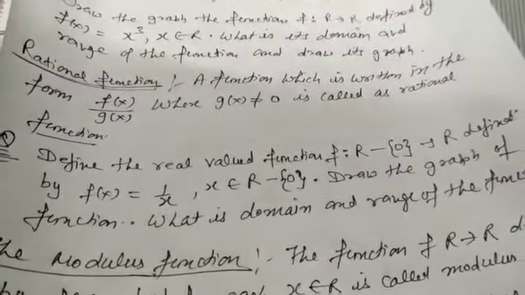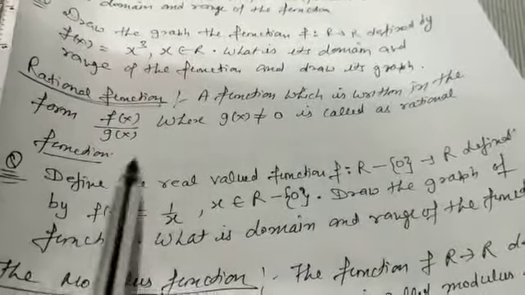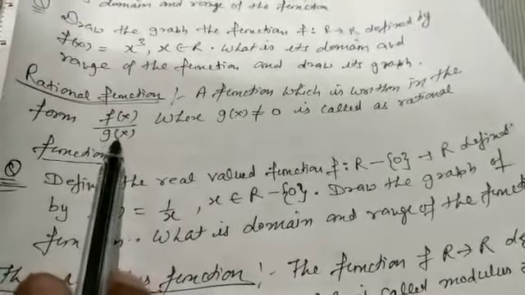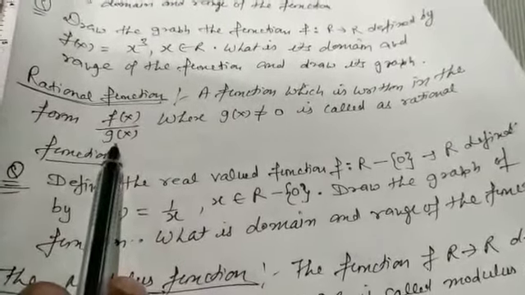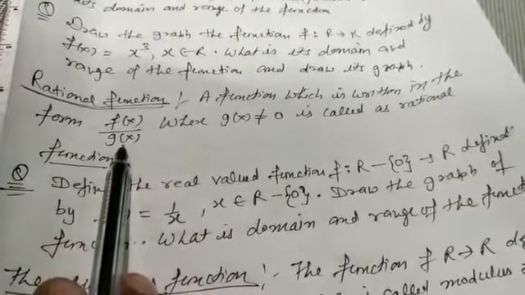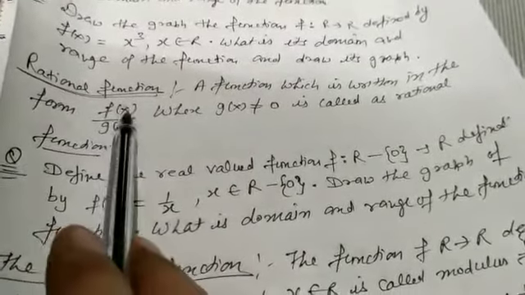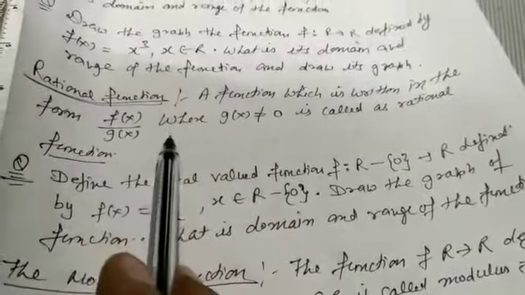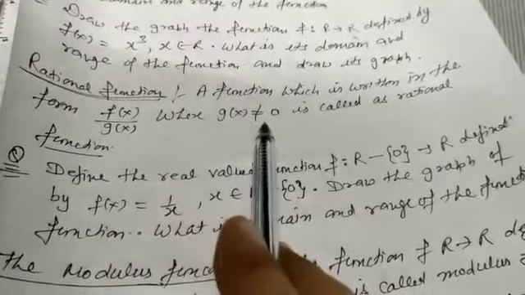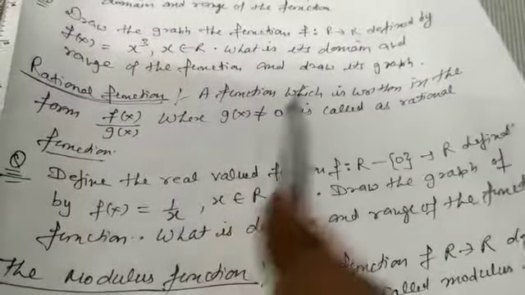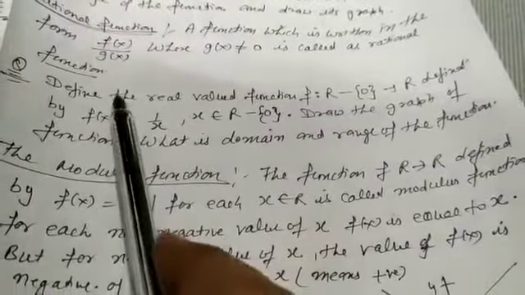In the case of a rational function, you have to remember that the value of g(x) can never be equal to 0, because if g(x) becomes equal to 0, then definitely the function changes to infinity, and then it is not a rational function. So in the case of a rational function, the statement is always in the form of numerator and denominator, and you have to simplify it, and remember this g(x) should not be equal to 0. Then such a type of function is called a rational function. On that basis, you have to solve this question.